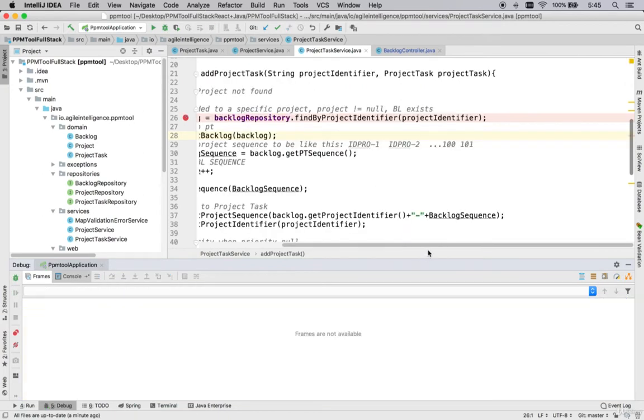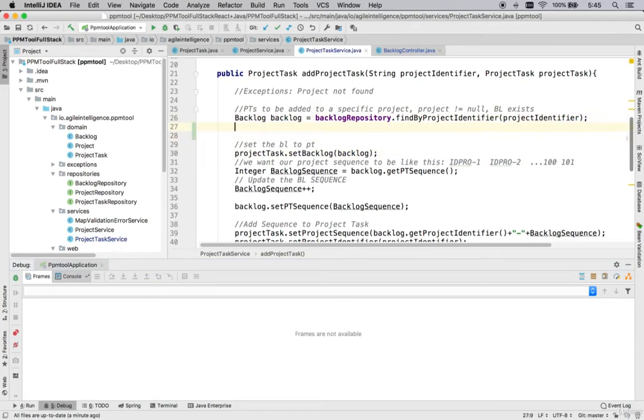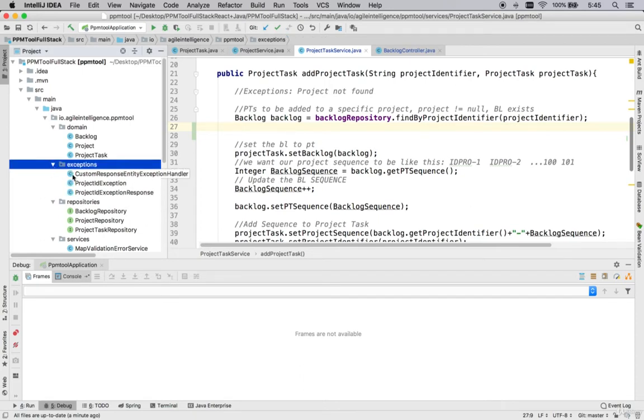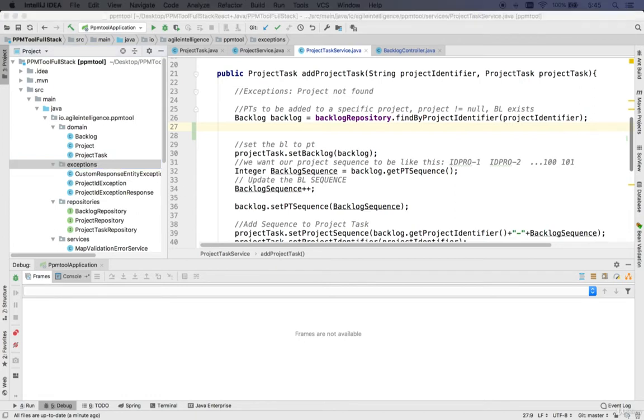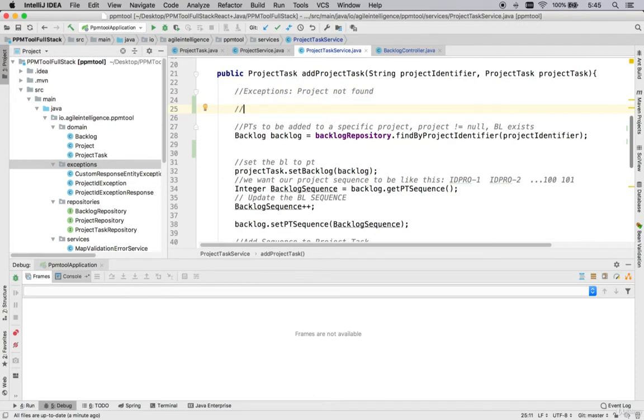So for this, I think the best thing we can do, just to keep on practicing a little more, is to create another custom exception for this type of issue. Okay, and I'm pretty sure that you remember how we did it here. We have already created one custom exception with a custom exception response. I want to challenge you to go do this on your own, because we have already done this ourselves. And the only hint that I'm gonna give you before I send you off to try this is that I want